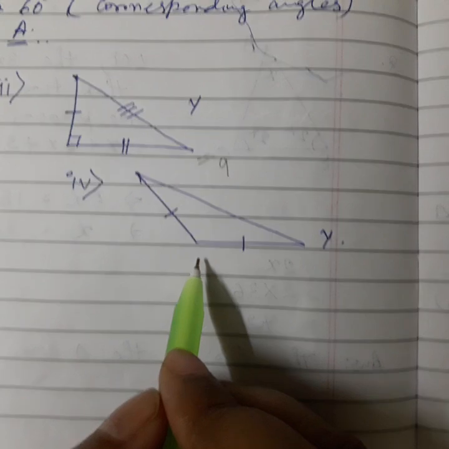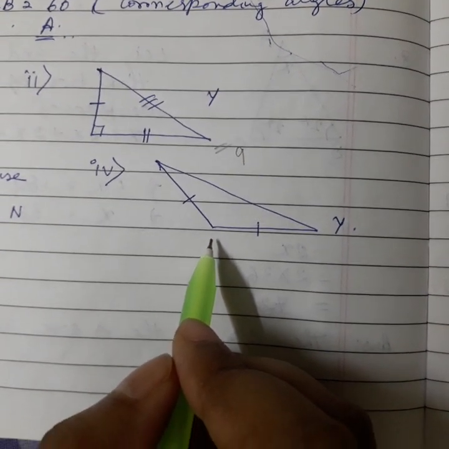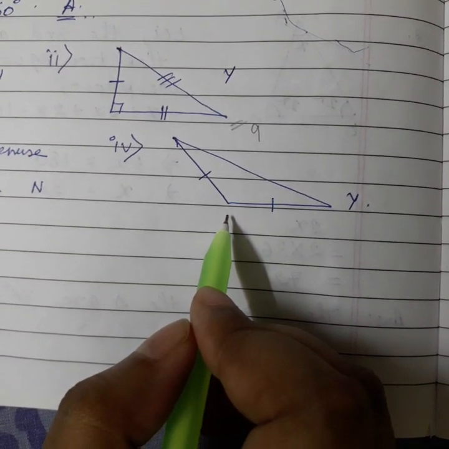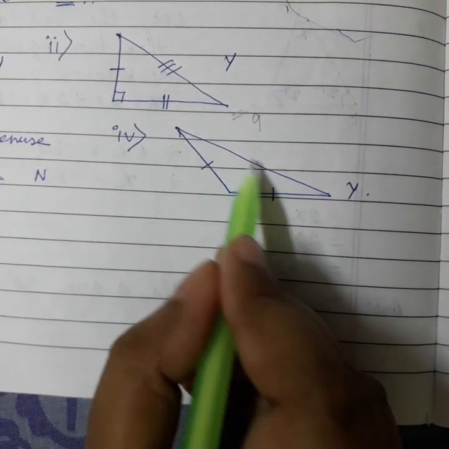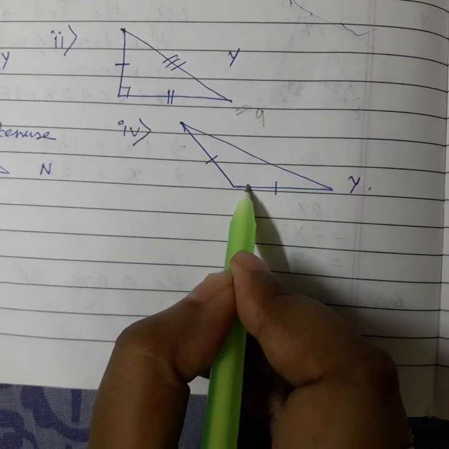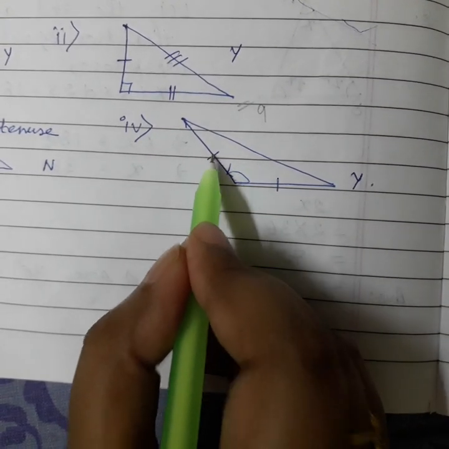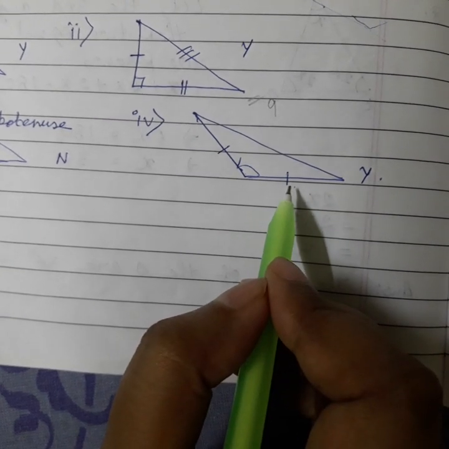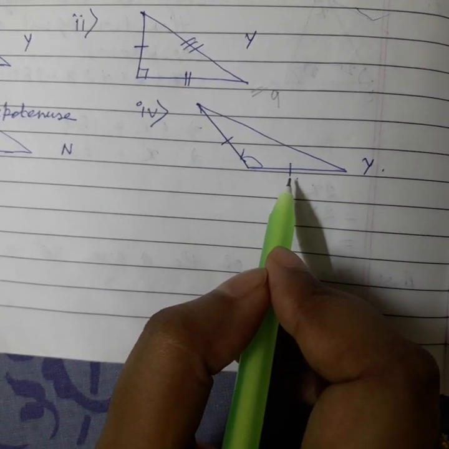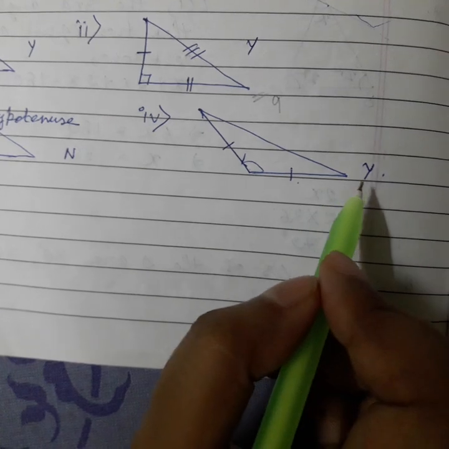Number 4 is, can an obtuse triangle be an isosceles triangle? Obtuse triangle I have drawn, and now we have to check whether the obtuse triangle is an isosceles triangle or not. Maybe this side and this side may be equal, and that will be the larger side for obtuse, and this angle will be the obtuse angle. So two sides are equal for the obtuse triangle, so the obtuse triangle may be an isosceles triangle, so the answer will be yes. Now question number 15 is fill in the blanks.